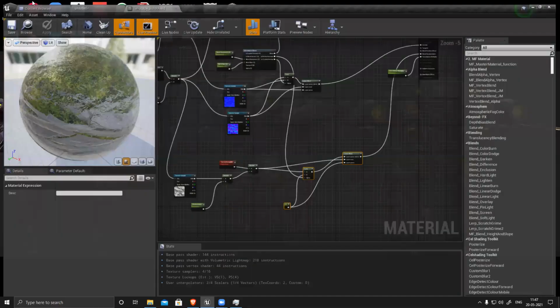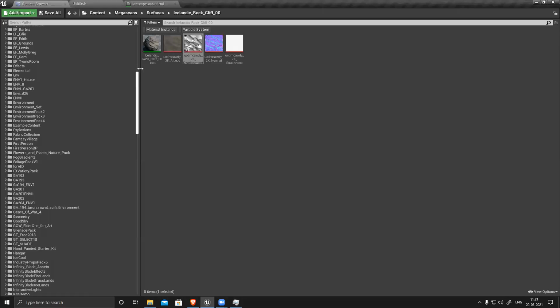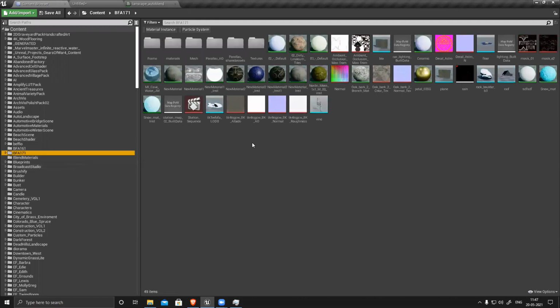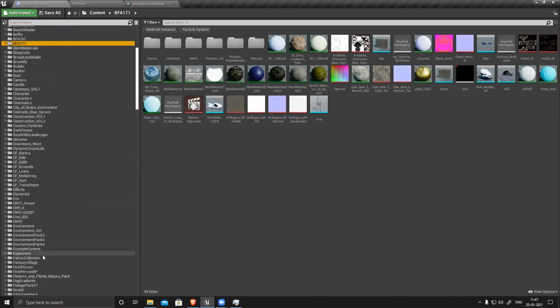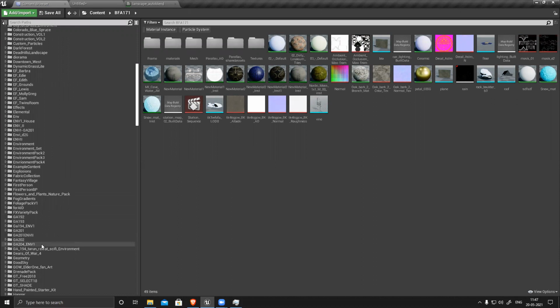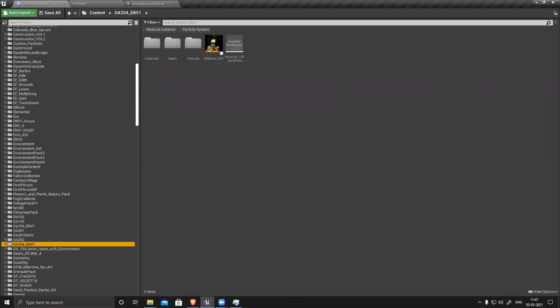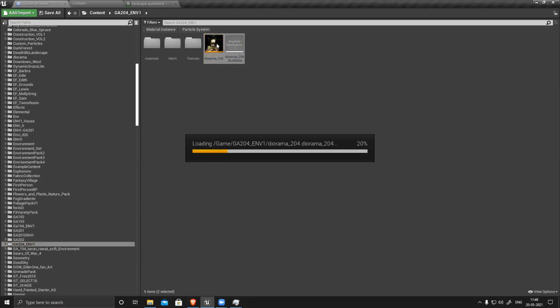You know how to migrate this, right? Go to your project, wherever you have the level. Don't select the folder, select the level. If you have built any lighting or something, there will be build data. Select both of them, right click. There's an asset action, and there is an option called migrate. So migrate it and create a new folder on the desktop or anywhere, and migrate it there.